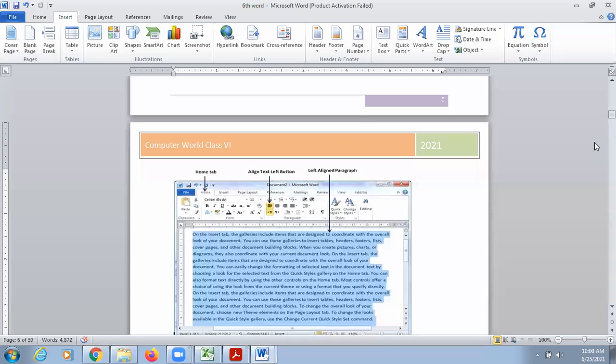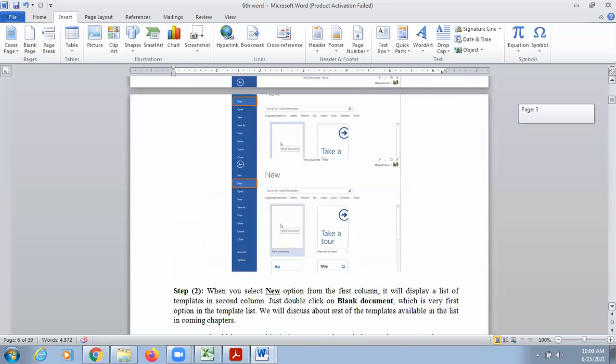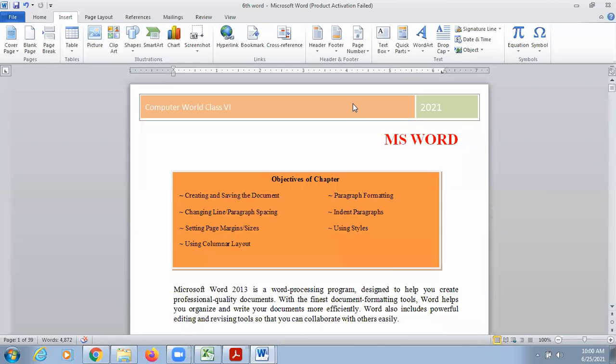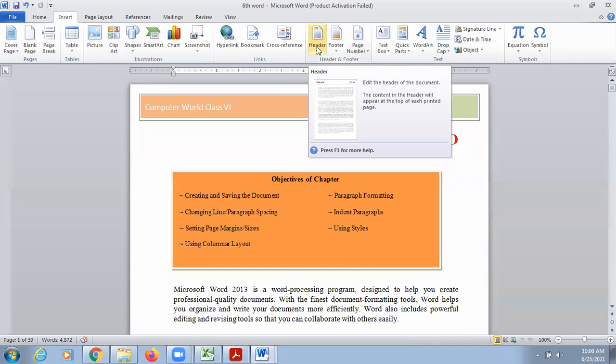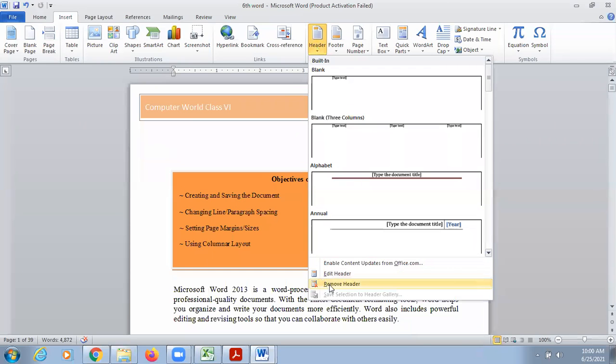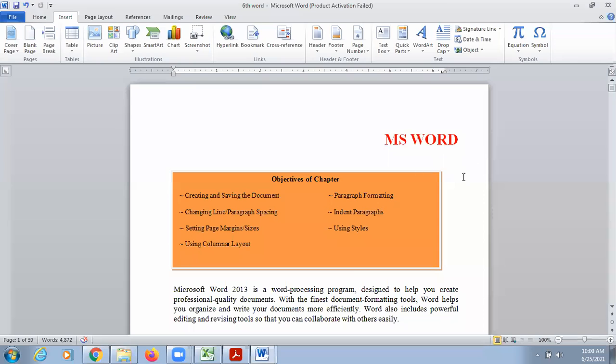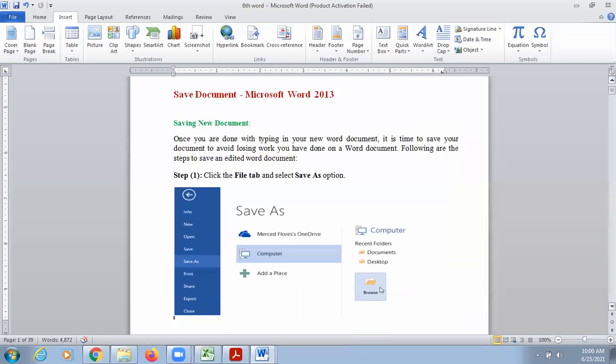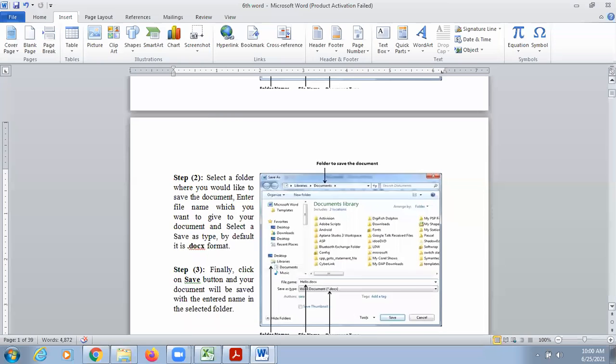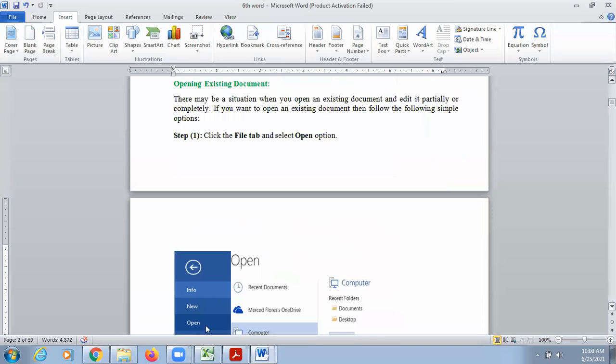And now suppose I want to remove this header and footer from my whole book. You just have to simply go to the same option, header, and click on the option Remove Header. Similarly, Remove Footer. Now the headers and footers are removed. There is no page number and there is no header on each page. So what was the use of this header and footer? We can give a common text